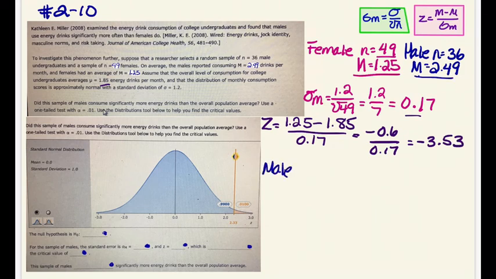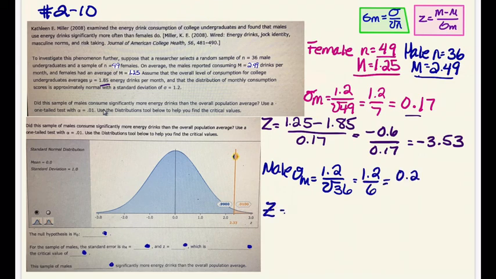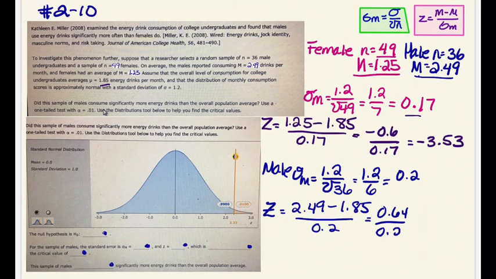Next, we'll find the standard error for just the males. So we'll take the standard deviation divided by the square root of the male's n number. We'll come up with 0.2. Then the males will have their own mean, which is the male's sample mean minus the population mean, divided by the standard error. And we'll come up with a z value